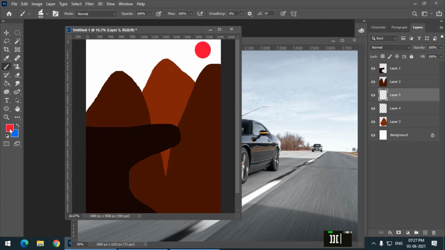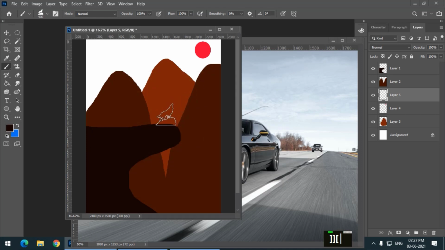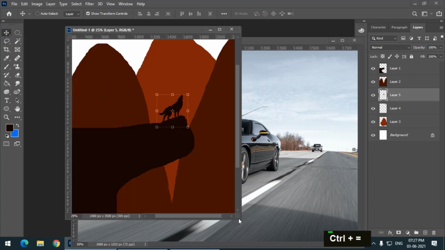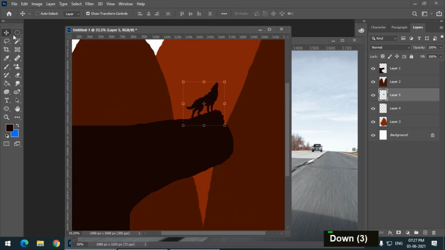I will choose the same color, but it will get merged into that particular color. This looks good, and if you want to change it, you can always change it because we have created that on a separate layer, so it will be easier for us to change.